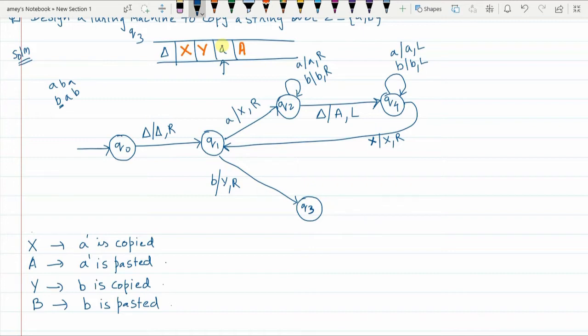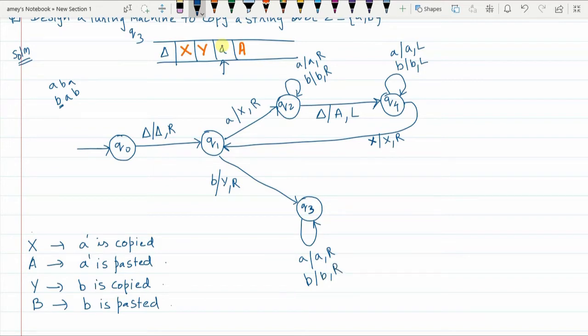So in Q3 state, if small a is encountered, replace it with small a and go to the right. So you're ignoring. You will go until delta is encountered, and everything that comes on the way you are going to ignore. Similarly, if small b is encountered, replace small b with b itself, and the pointer moves to the right.